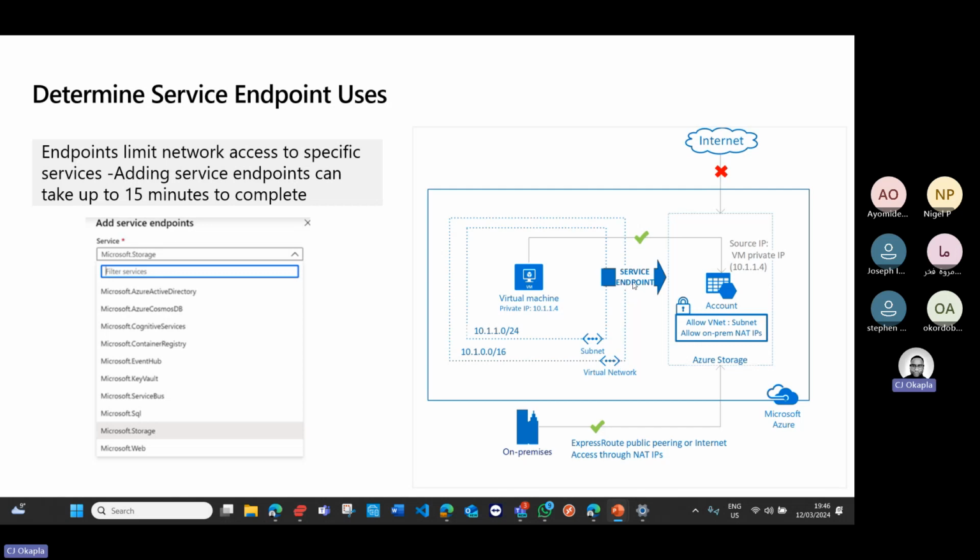So I have the service endpoint. So what does the service endpoint do? The service endpoint limits network access to specific services. Adding service endpoints can take up to, say, 15 minutes to complete. Because why? Because